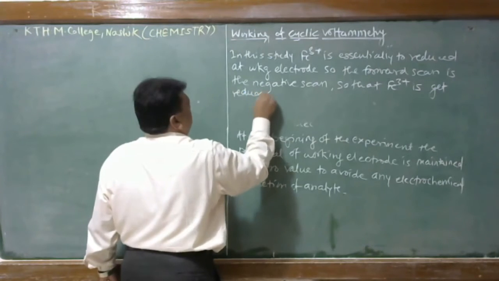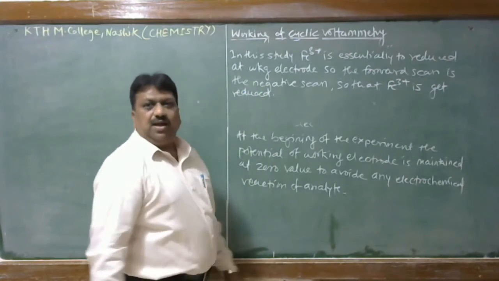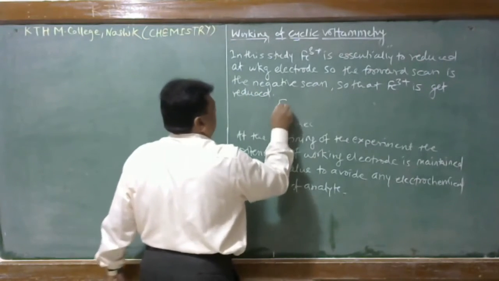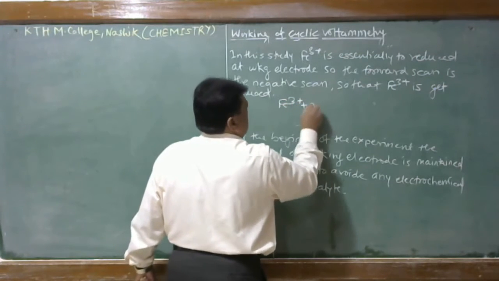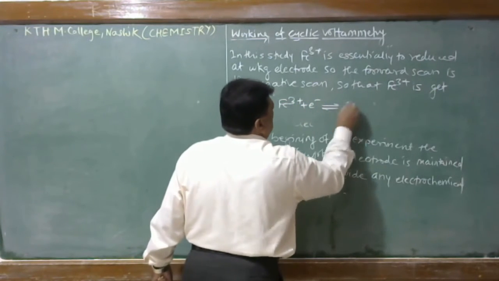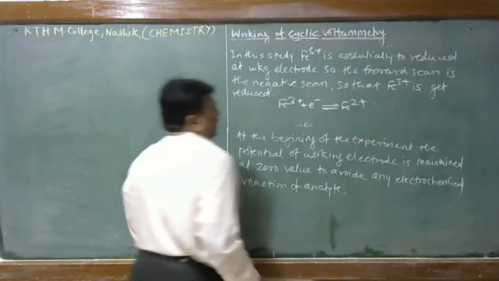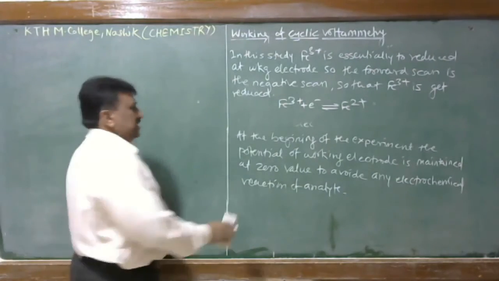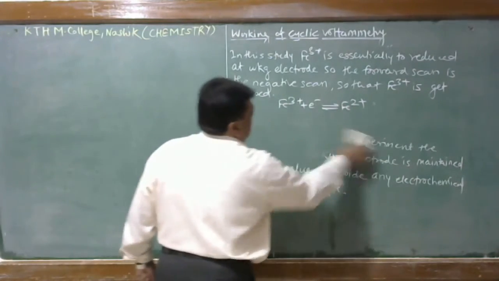And during this we measure the cathodic current. Therefore, Fe3+ + e- gives Fe2+. Therefore, when Fe2+ is formed, definitely the